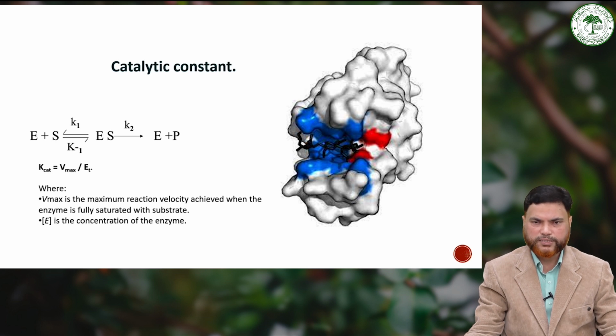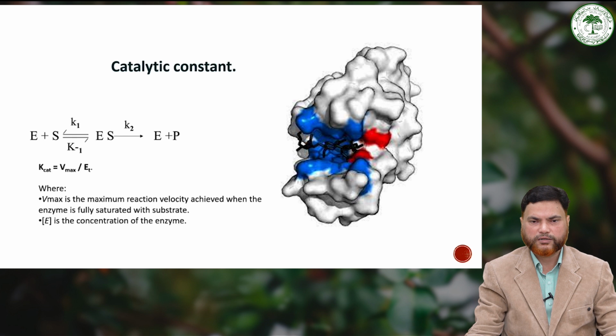In other words, this catalytic constant quantifies the efficiency of an enzyme in catalyzing a specific reaction. It is calculated as Vmax upon E,